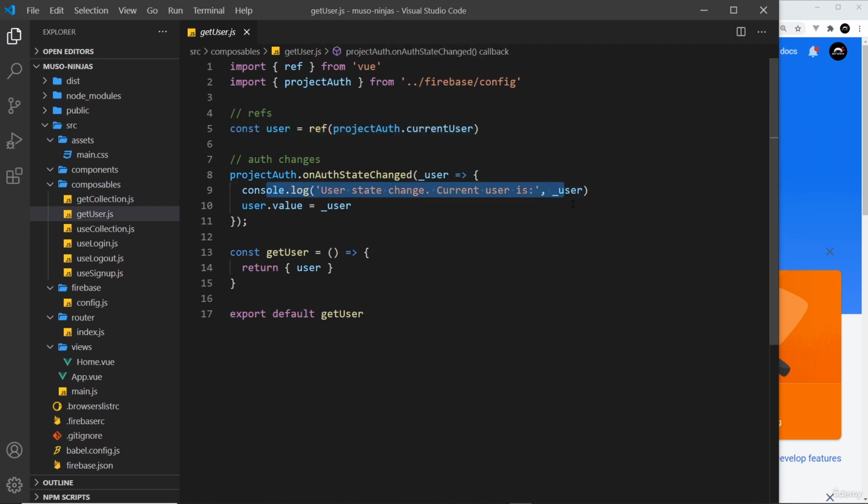We log this to the console every time there is a change and the user that currently is. So if they logged in, that will be the user itself. If they logged out, it will be null. And we update this ref to be that user. So again, null if they logged out, and the user object if they just logged in. And finally, we have the get user composable function itself, where we return the user value, and we export this